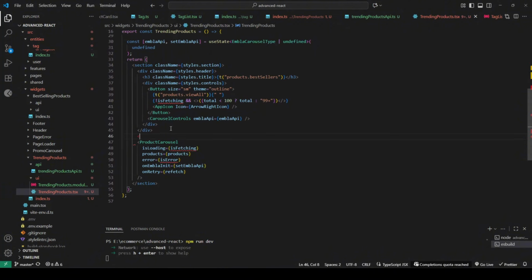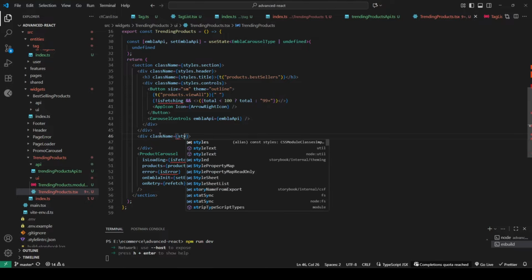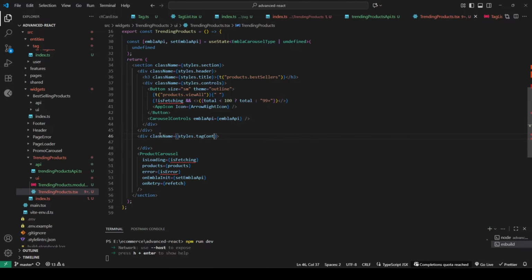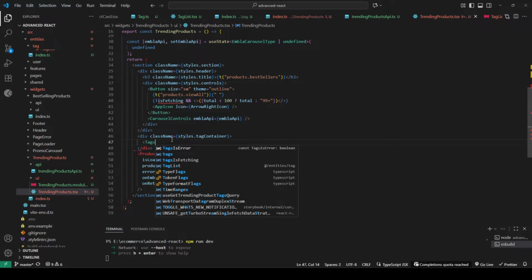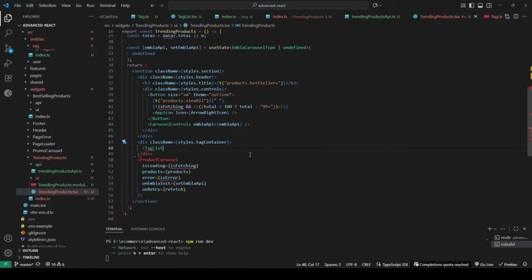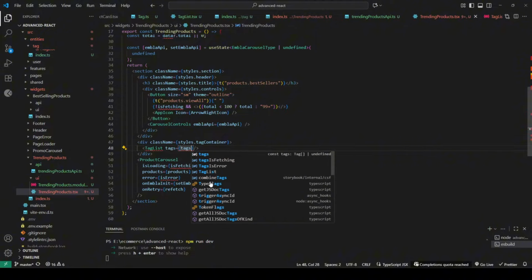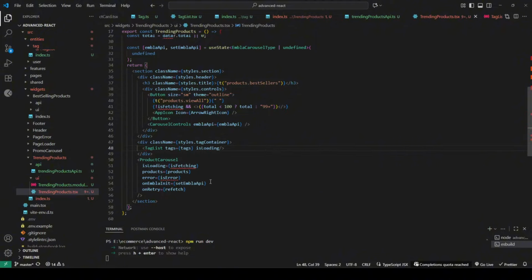Now let's drop our tags between the carousel header and the actual carousel. We're wrapping tag list in a container div. Might seem unnecessary now, but if we need to add spacing or layout adjustments later, we've got the flexibility. Now we pass in all the props. Tags from our query. IsLoading is set to tags isFetching so it shows skeletons while loading, current tag ID to highlight the active tag, and onTagChange. When we get to onTagChange,